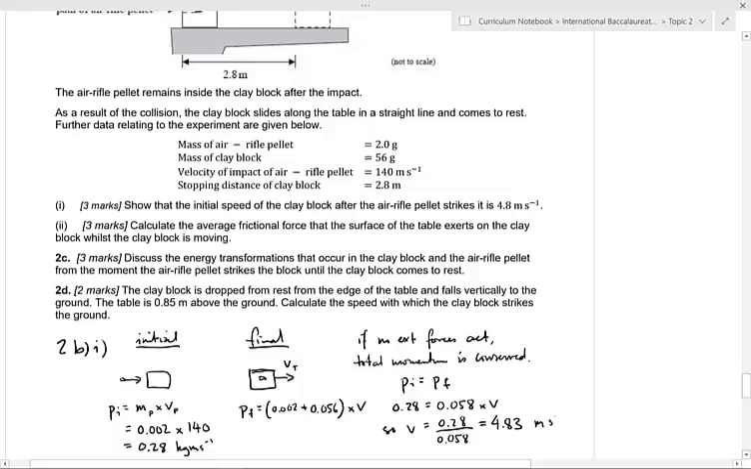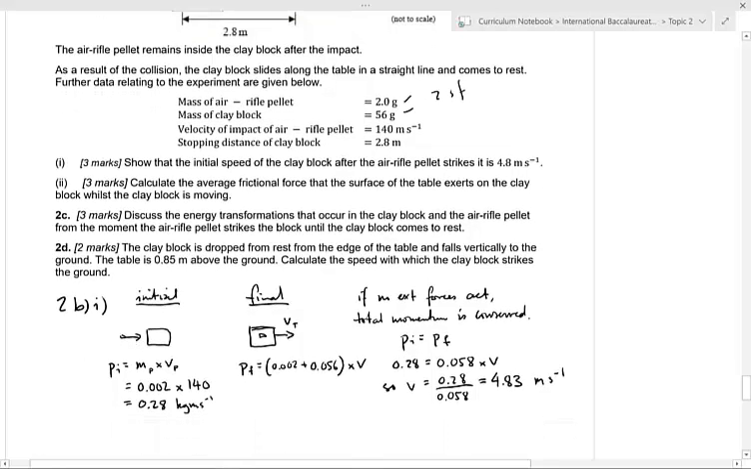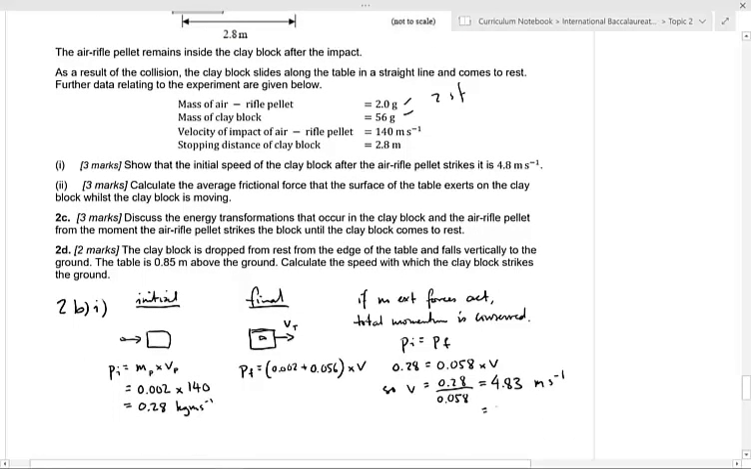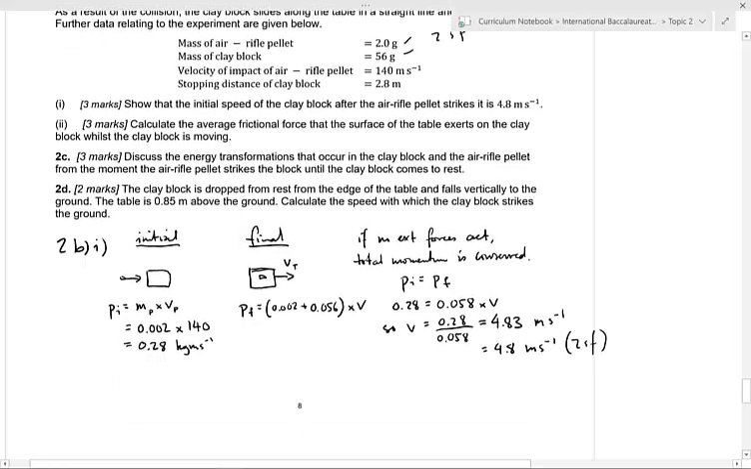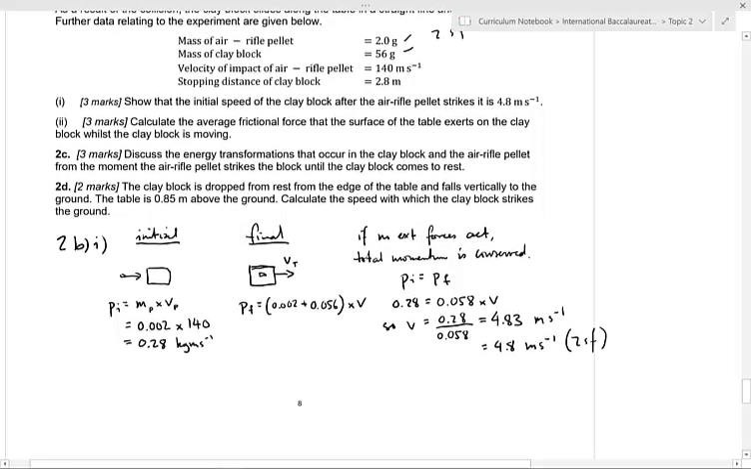4.83 meters per second. And let's just check how many significant figures we should have had. Well, these things were only given to 2SF, so we should really be at 2SF. So that's equal to 4.8 meters per second to 2SF. Okay, so that's B1, so that was 3 marks. B2,